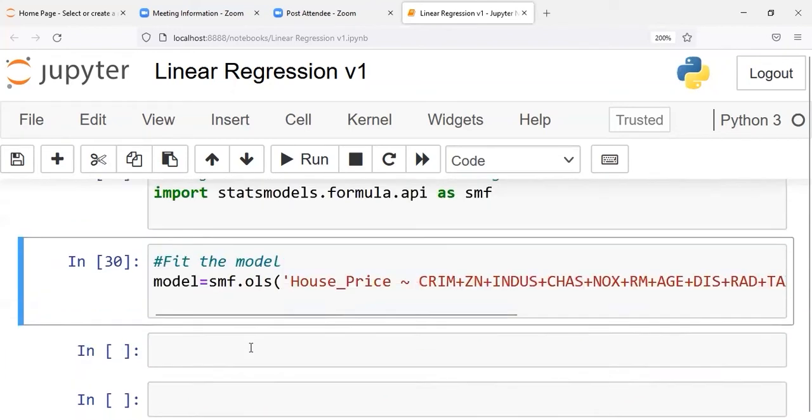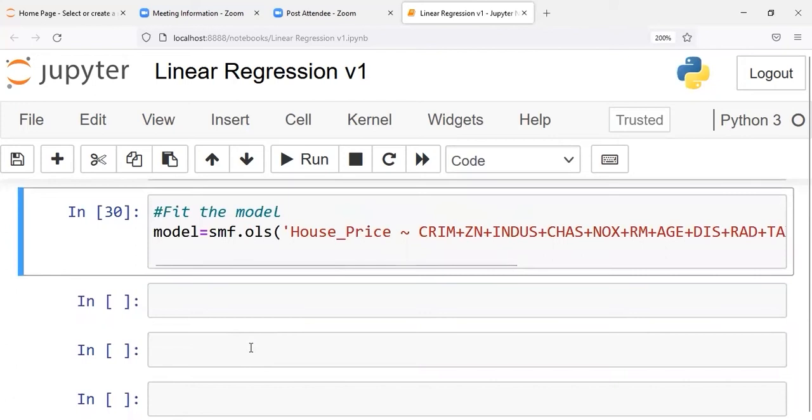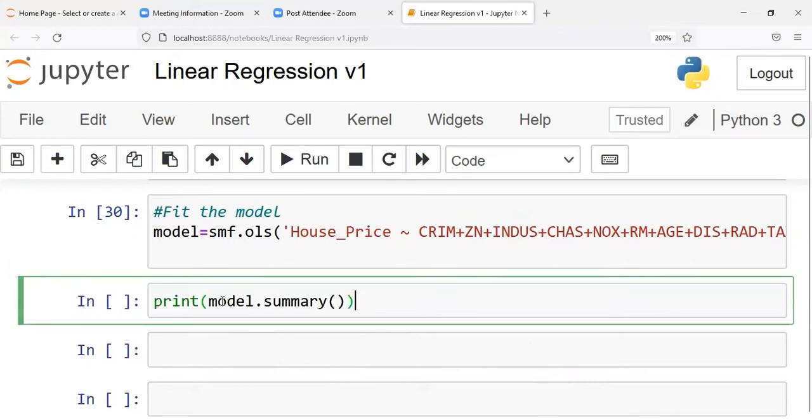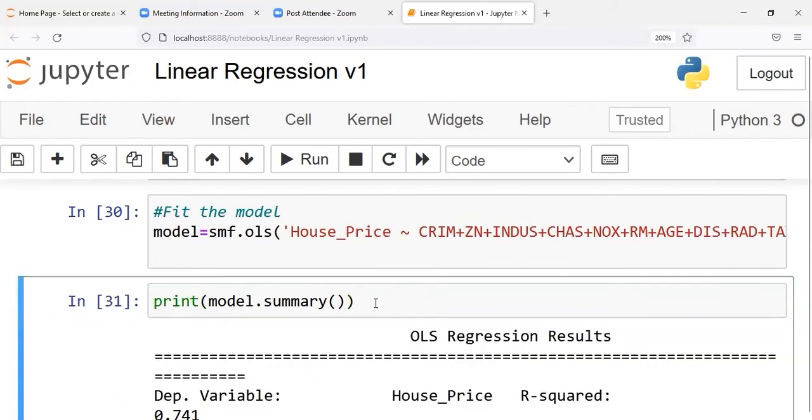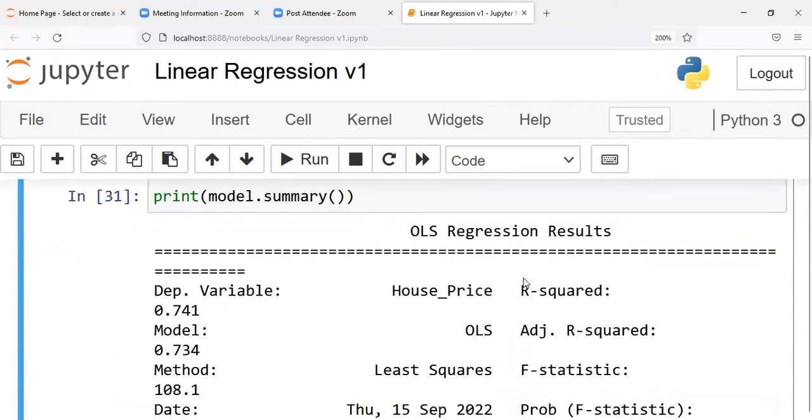We are not getting any error, which is a good sign because this indicates that our code has run successfully. What is the next step? The next step would be to see the output of this particular model. How do we do that? Just use the summary function. Model.summary should print the output. You can see here very quickly,